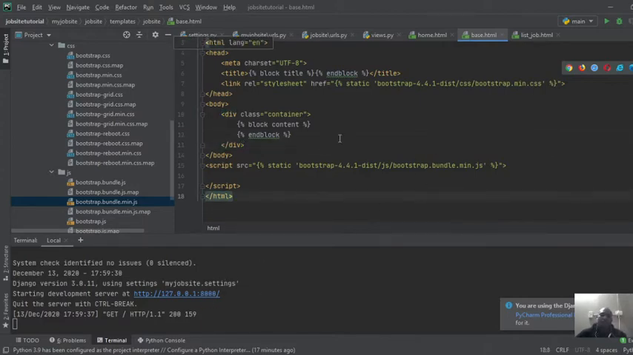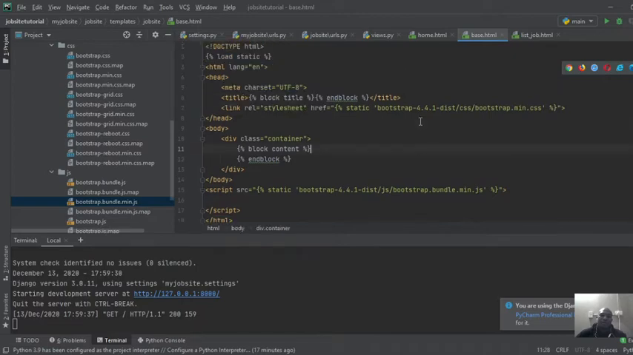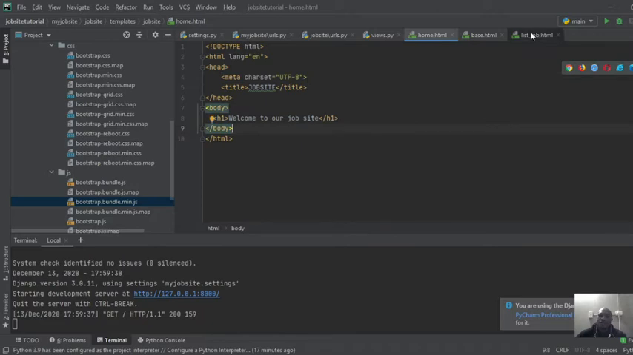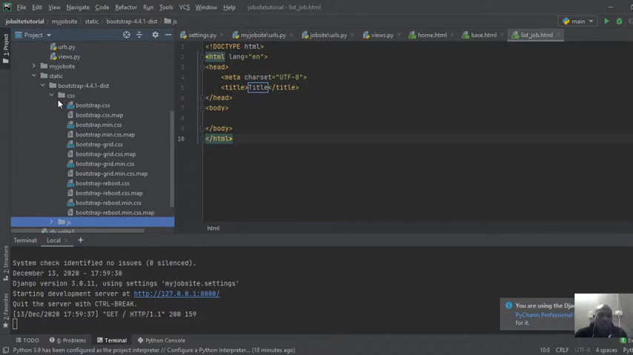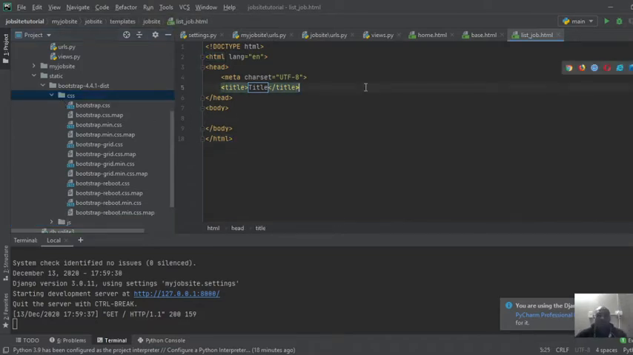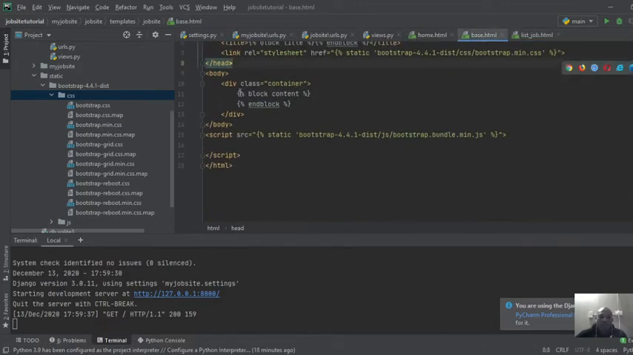So for the home, that's fine. For the home we haven't yet done anything, and for job listing we haven't done anything either. All the settings that I wanted to do, I think that's fine. At the same time, there's one more setting we need in our base template. We need to set the